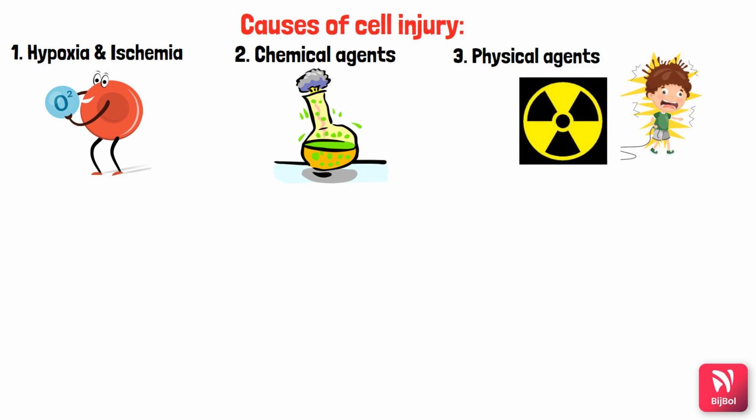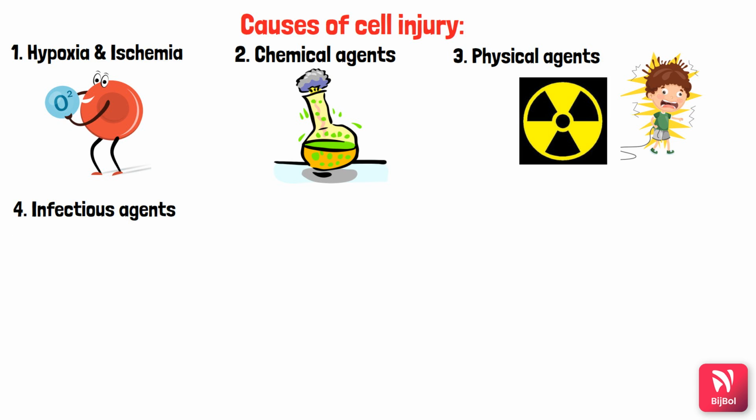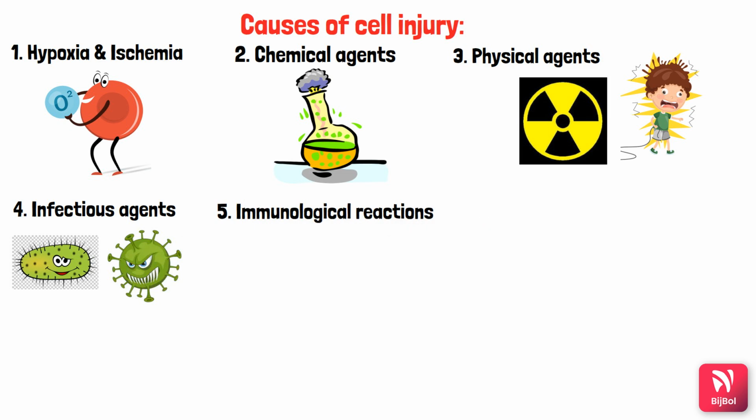Okay, and there are some other agents like microbial or infectious agents in the form of bacteria, viruses, fungi and parasites, which also can result in cell injury. So these are infectious agents, and sometimes even immunological reactions which occur in the body, which actually are good for the body as well as bad. So some immunological reactions like hypersensitivity reactions,